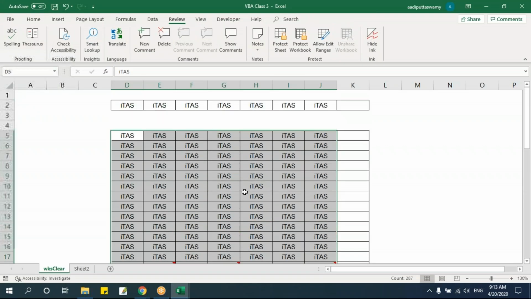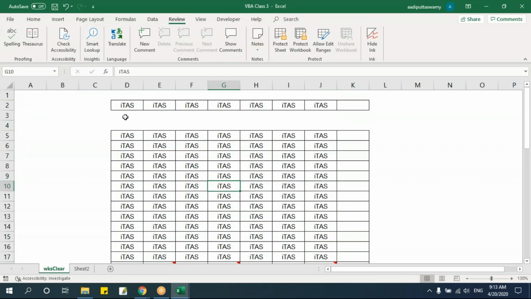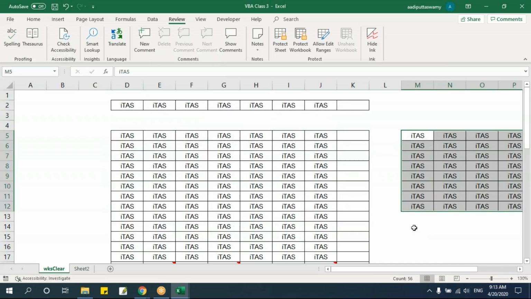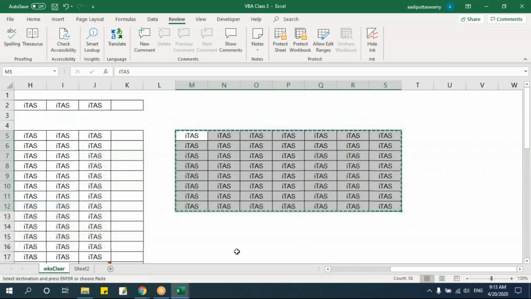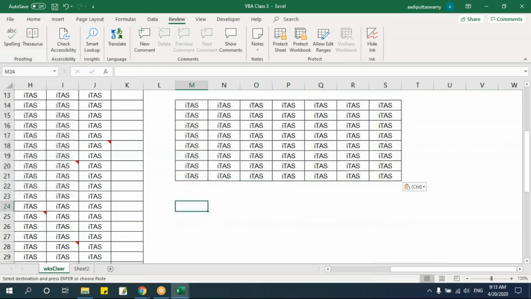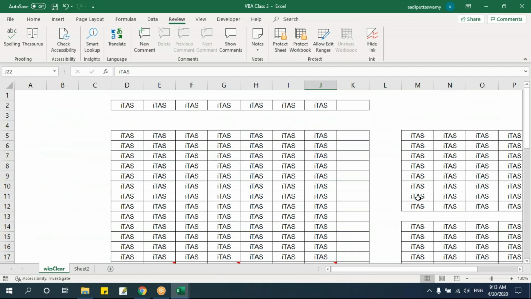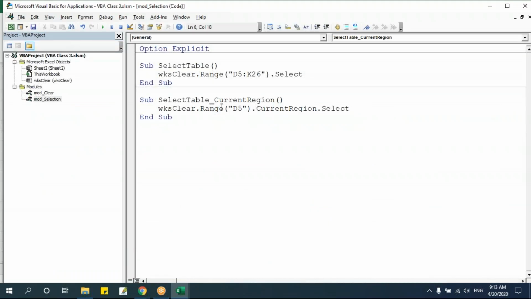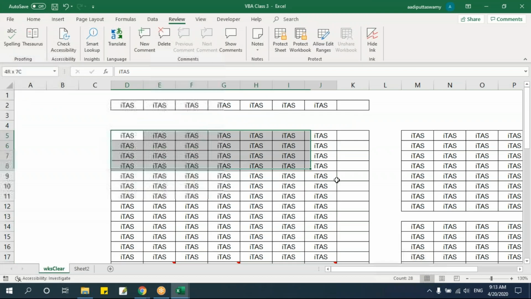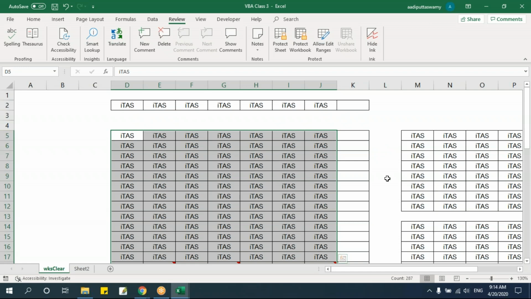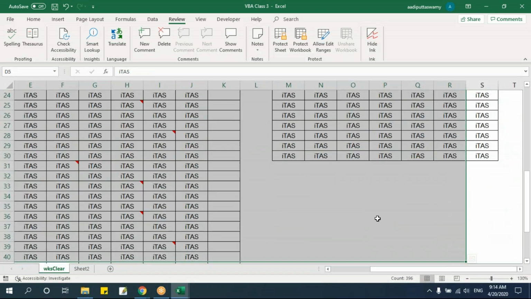Next, suppose I have some data like this. Let me take some more data and put it here, and I'll put one more table here and one more table here. Now I have different tables here. See, here one table, here one table, here one table, and here one table. I want to select all these tables. If I use this current region and say F5, what will happen is it will select only this region. That is, there is no connection between this table and any other tables. They're all separate. But if you want to select completely, till wherever the data is there in that sheet,